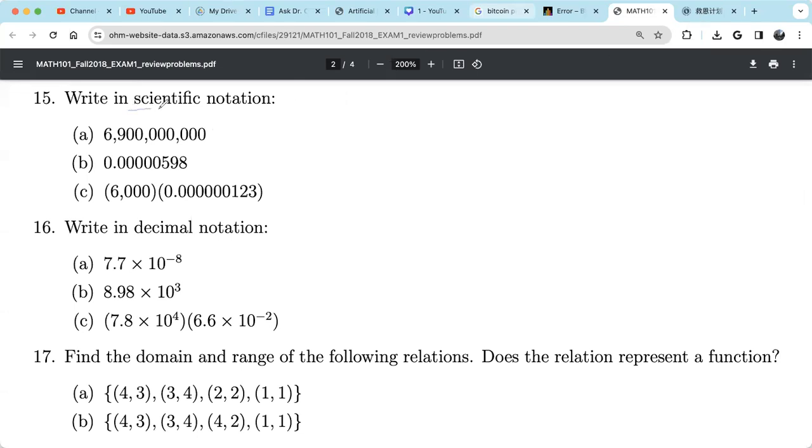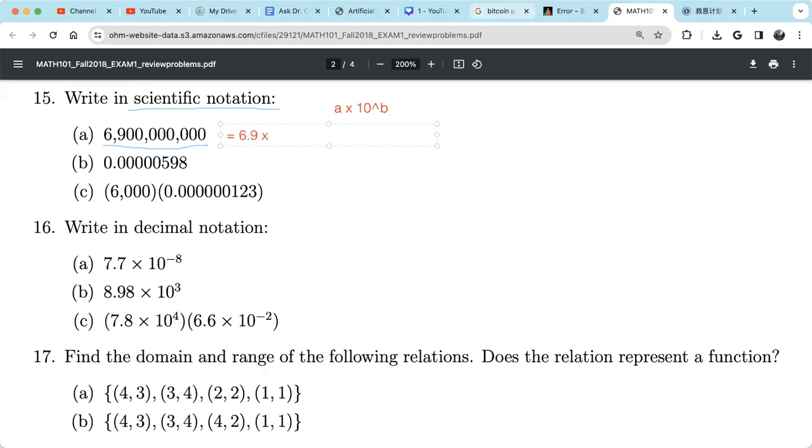We want to write those A, B, C, 3 numbers in scientific notation. Remember, scientific notation is a number multiplied by 10 raised by a number. So it's some number A multiply 10 raised by some B. B can be negative, B can be positive, but the A has to be in between 1 and 10. So let's see the first number. Out of this, we want to pick a number in between 1 and 10. So we pick 6.9,